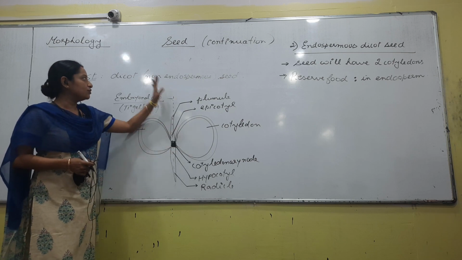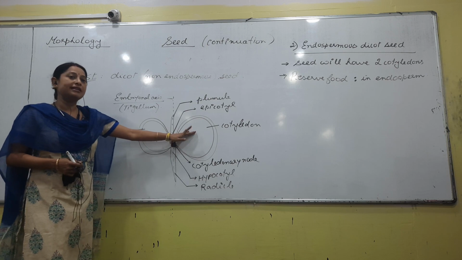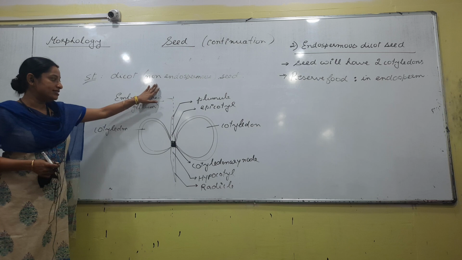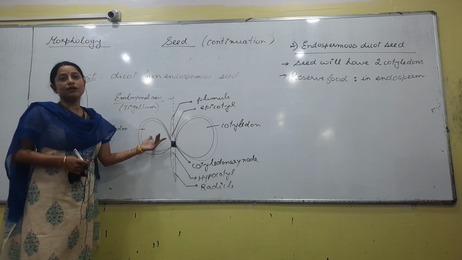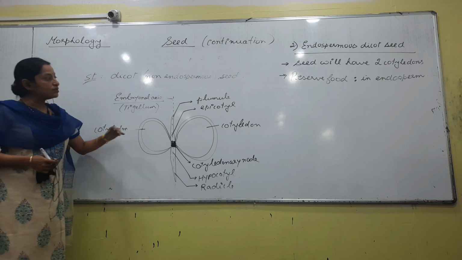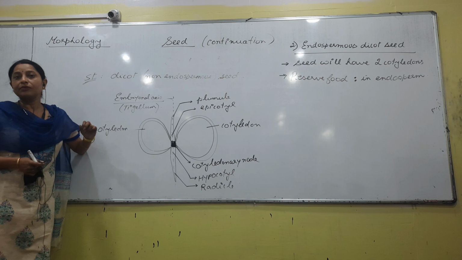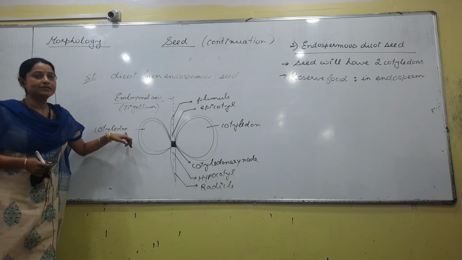The best example could be pea, another example could be gram also. We have discussed gram in the last class, right. Dicot seed but non-endospermous dicot seed, we can draw a structure like this. In this entire diagram, we cannot see the word endosperm. So, if endosperm is absent, does that mean the reserved food is also absent? Where will the reserved food be? It will always be present in the cotyledon.